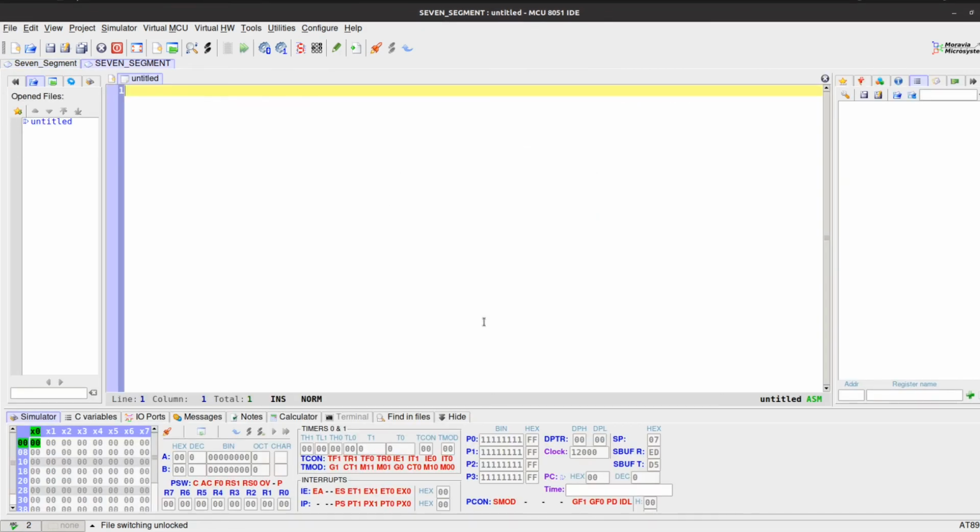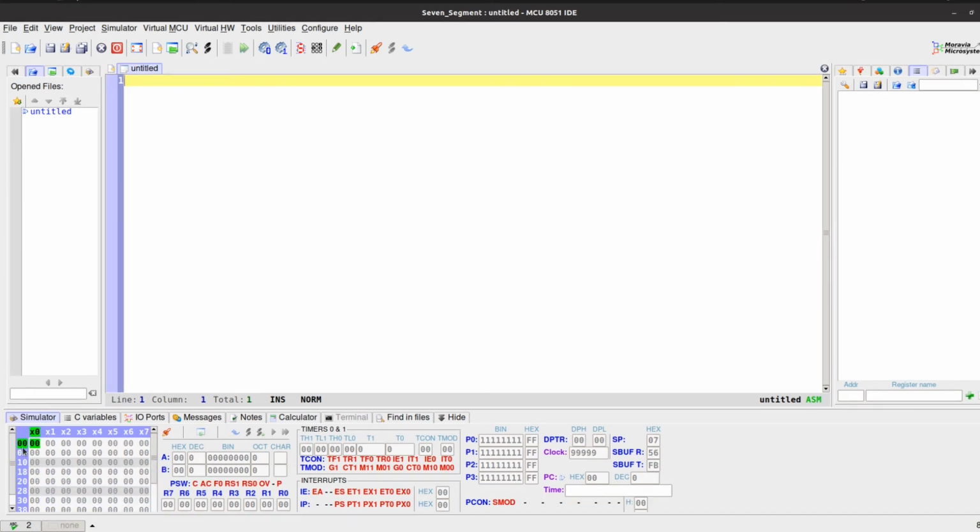After the initialization, we can type the program here. Dear students, here we can see a RAM. Here is a group of different special function registers like accumulator, B register, R0 to R7 registers, TCON, TMOD, IE, IP, interrupt priority, interrupt enable registers, and these are port registers, port P0 to P3 and DPTR, PC. So all the registers have been displayed here.